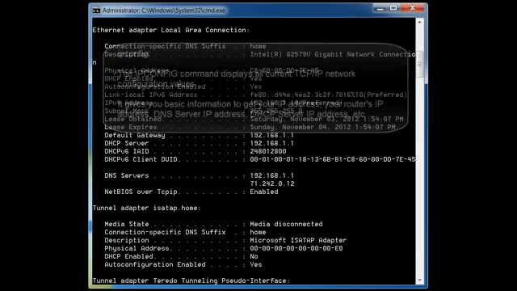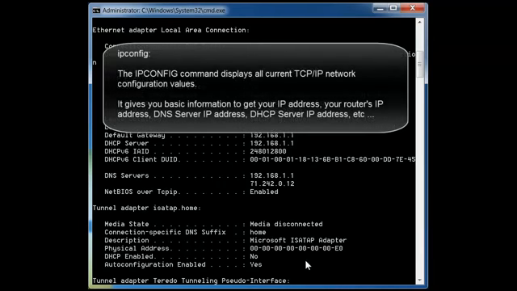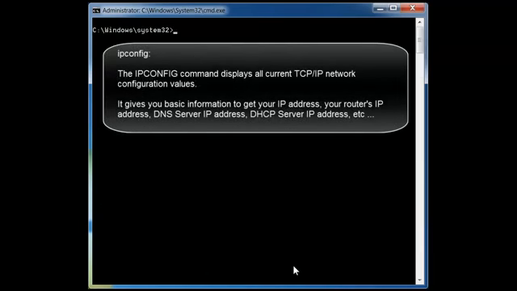Okay, so the first command that I want to go over is the IPCONFIG command. The IPCONFIG command is a very common and very useful tool. It displays the current information about your network. So it will give you basic information such as your IP address for the computer that you're stationed on. It will give you the IP address of your router. It will tell you where your DNS servers are, where your DHCP servers are. So let's type in the basic IPCONFIG command